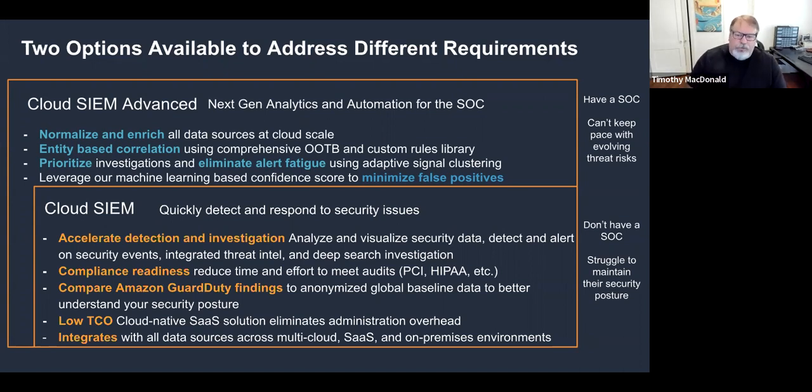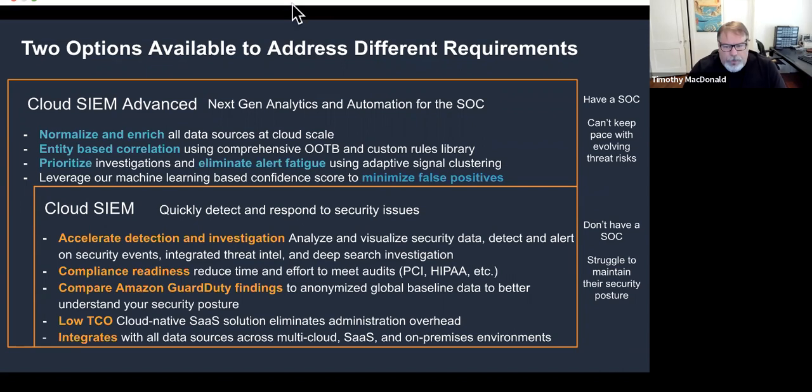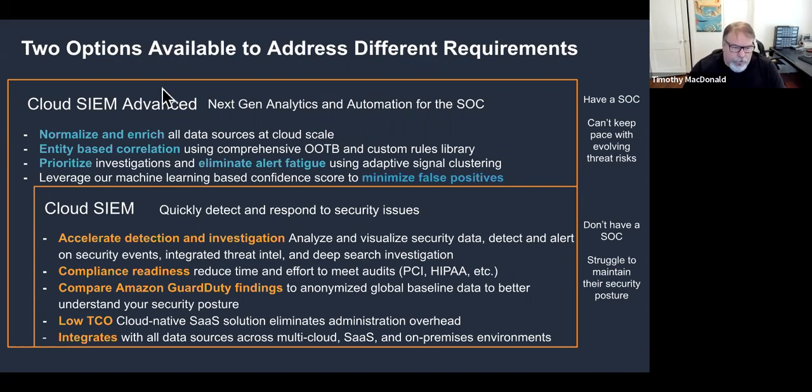But in addition, because you have that SOC, you get some more traditional SIEM features like normalization, enrichment, entity-based correlation that allows you to automatically prioritize your investigations and also eliminate a lot of white noise and false positives that you might see using an older technology. And then there's machine learning models involved as well.